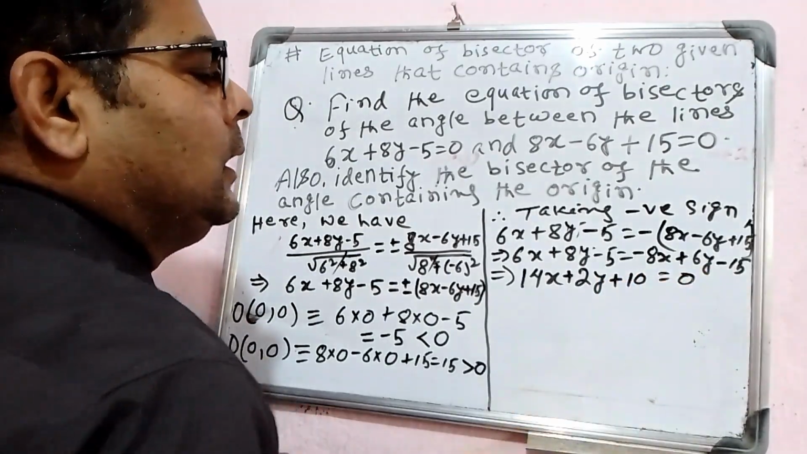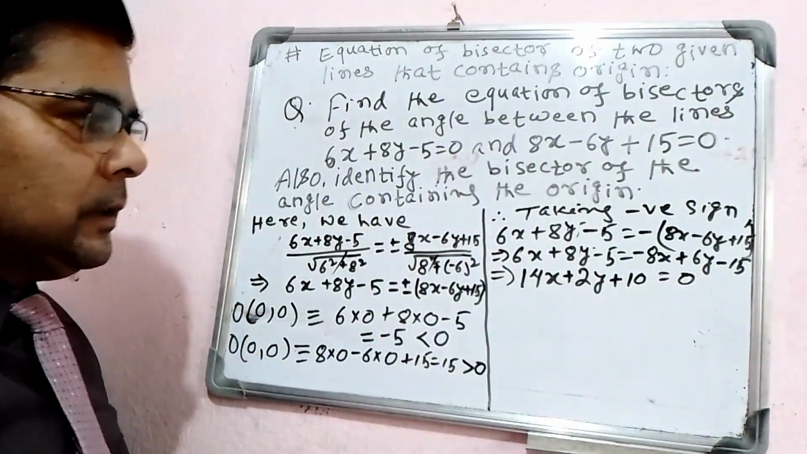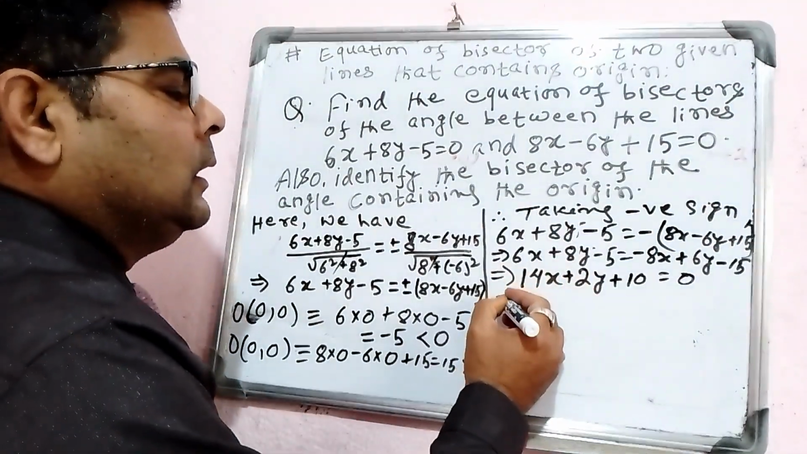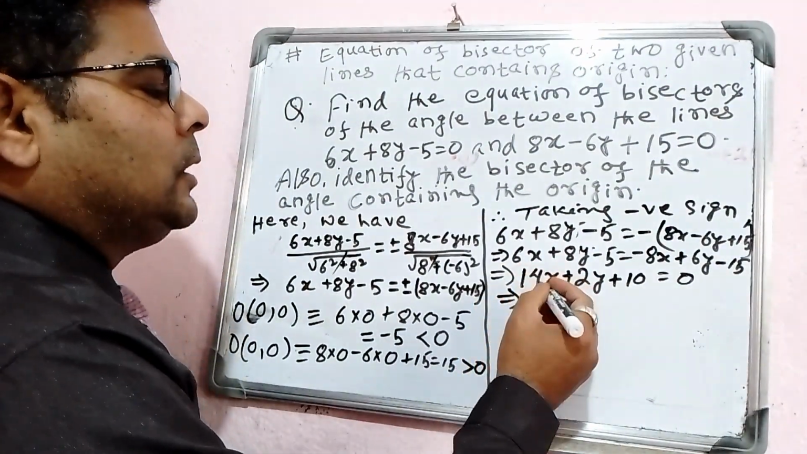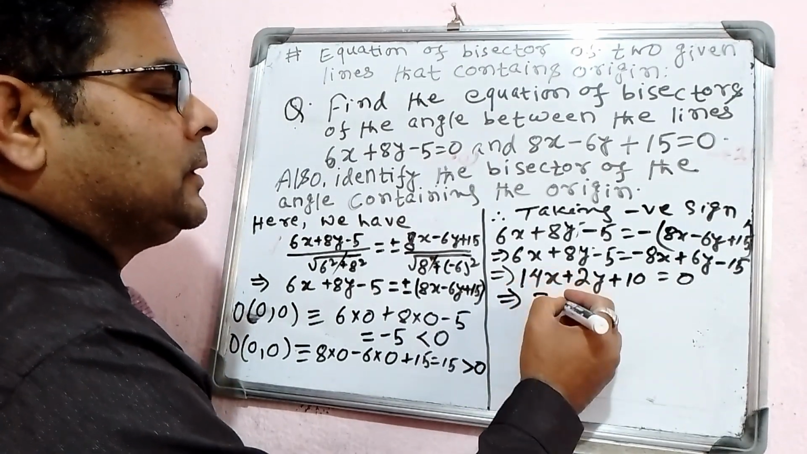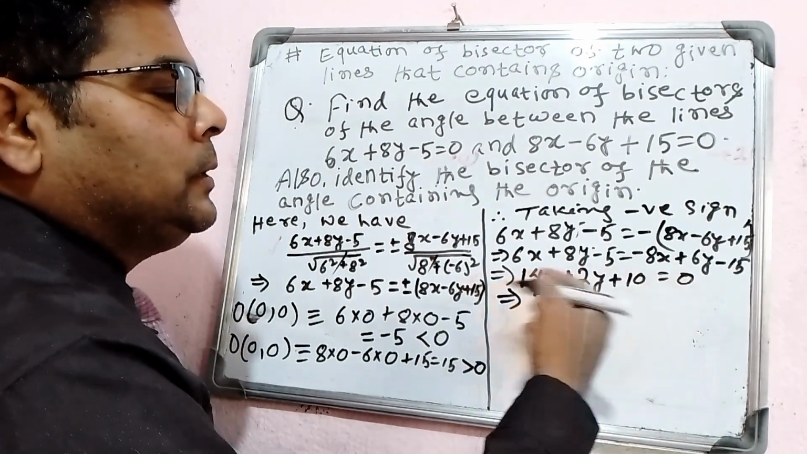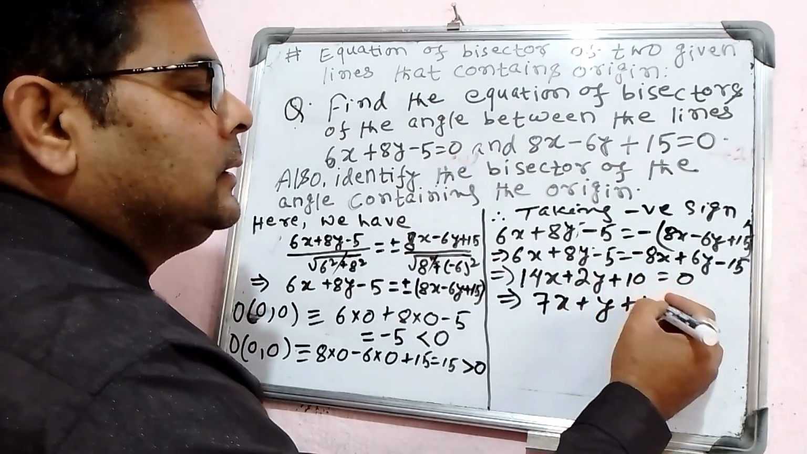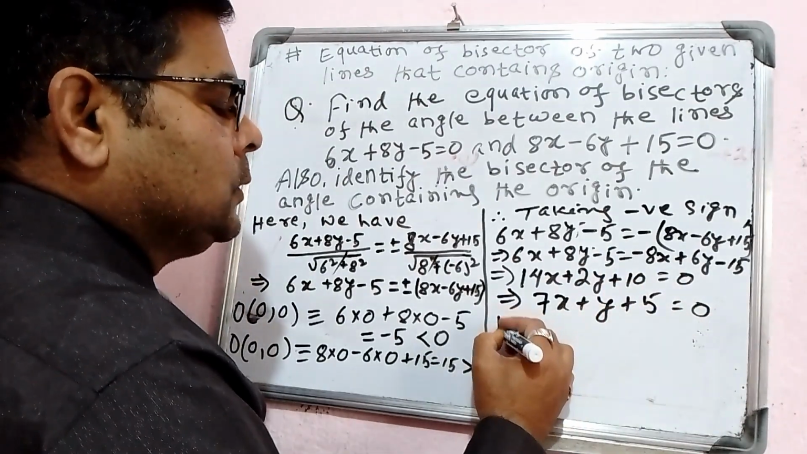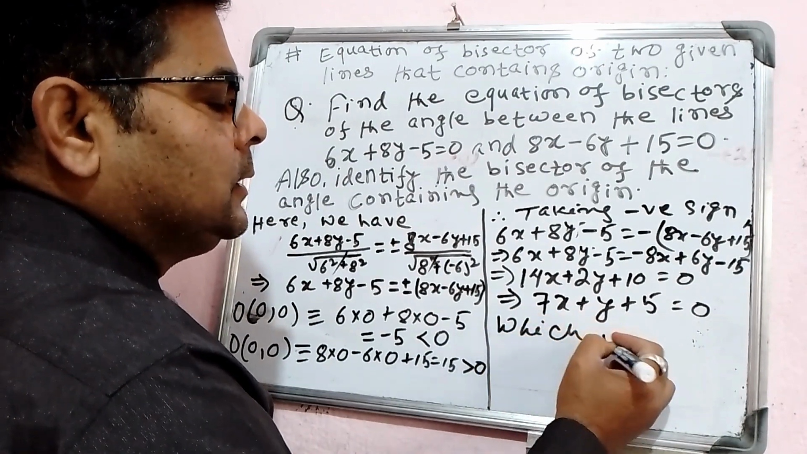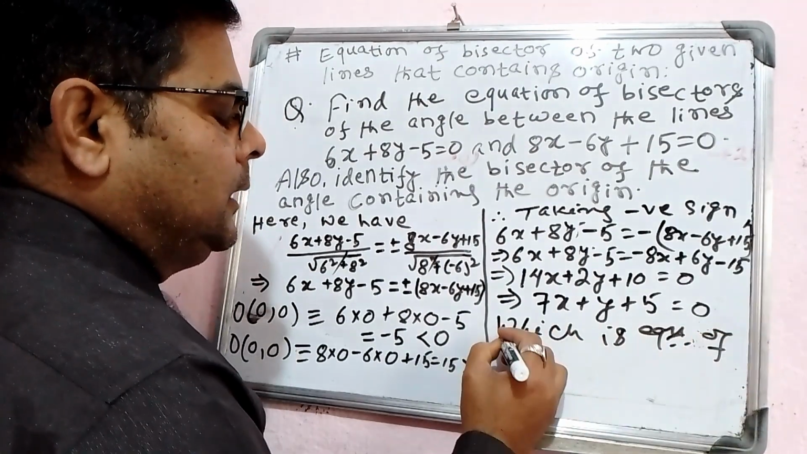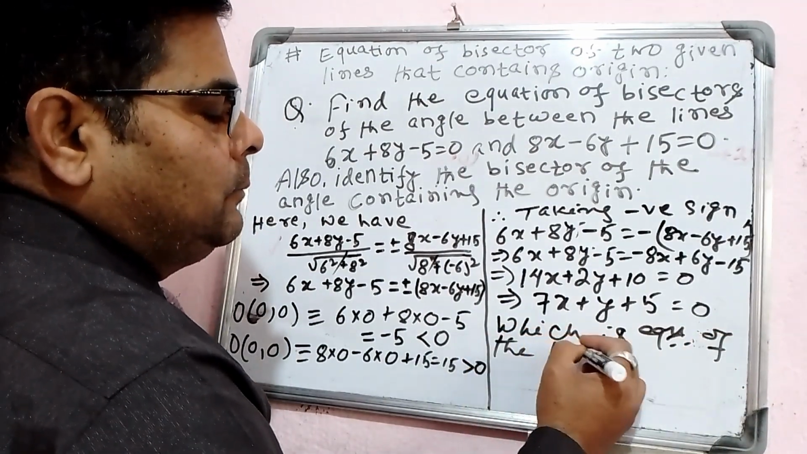equals 0. Now you can just eliminate the common factor over here, so you can see the common factor is 2 in all the terms. So if you take out the common factor, 2 times 7 is 14, so 7x, and then 2 is taken out, so it is y, and then 2 times 5 is 10, so here 5 equals 0. Which is the equation of the bisector